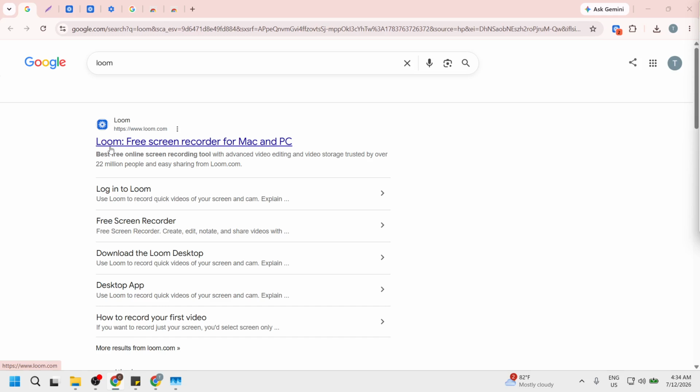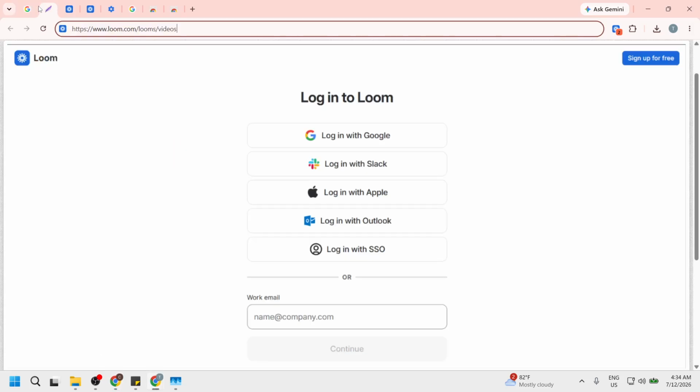This is crucial, as clicking on a misleading link may lead you to a different website that could cause more problems. When you reach the Loom homepage, you should see a straightforward interface with options to log in or sign up. This step is vital because navigating to the right site helps you avoid potential security risks and ensures a smoother experience. Next, log into your Loom account using your credentials.